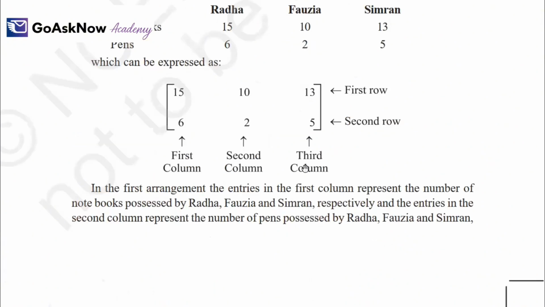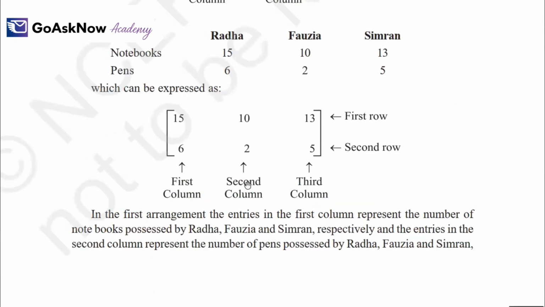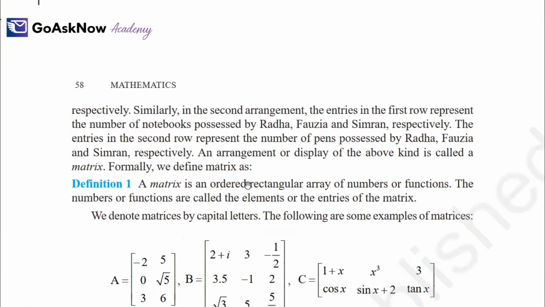the next thing. In the first arrangement, the entries in the first column represent the number of notebooks purchased by Radha, Fauzia, and Simran, respectively, and the entries in the second column represent the number of pens purchased by Radha, Fauzia, and Simran. So in the first column the books were represented, and in the second column your pens were represented. Okay. In the second arrangement, what was the difference? The entries in the first row represent the number of notebooks purchased by Radha, Fauzia, and Simran respectively,